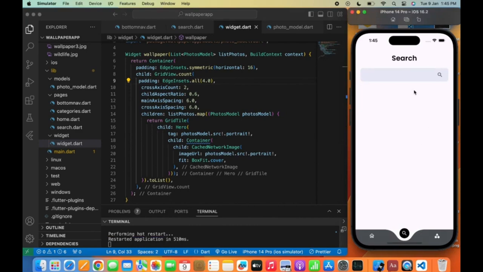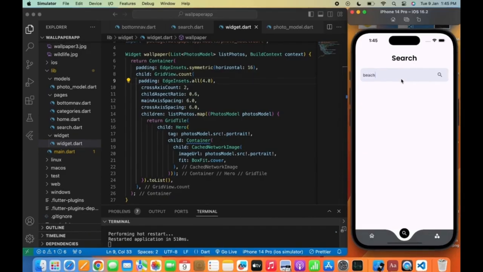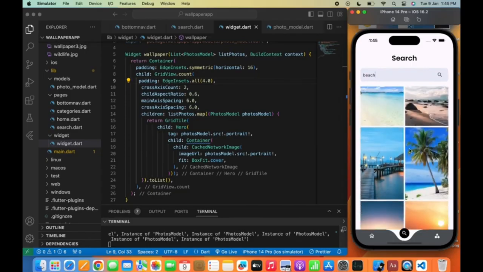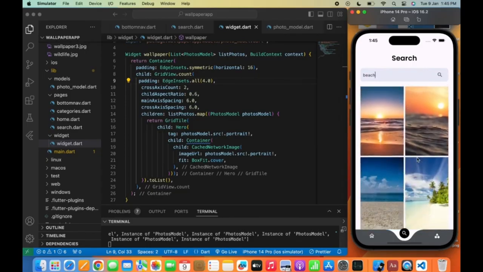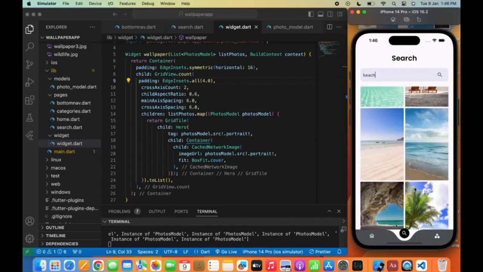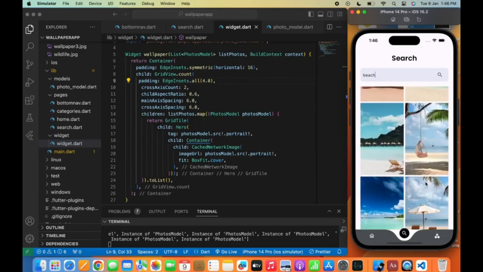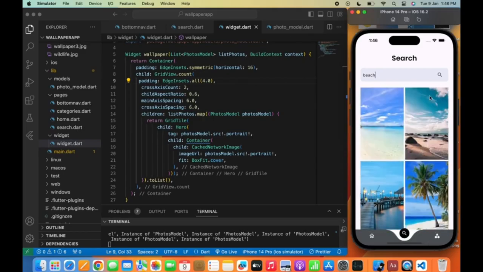Now let's hot restart the app and move to the search page, and in the text field I will search beach here, and it is going to show all the images regarding the beach. Now I'll click the search icon, and you can see that it shows me all the images from our API that we have set, and it shows beach images, and we can set these images as our